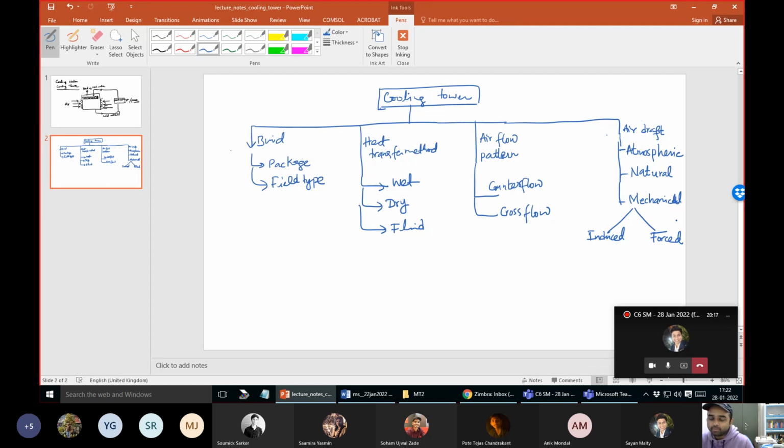That is the difference between the fluid and the dry types. Essentially, the water comes in contact with a cold surface. How this cold surface is cooled is the difference. In the fluid type, the cold surface is cooled by some circulating water or cold water, right? Whereas in the case of dry types, it is cooled with cold air or some dry means.